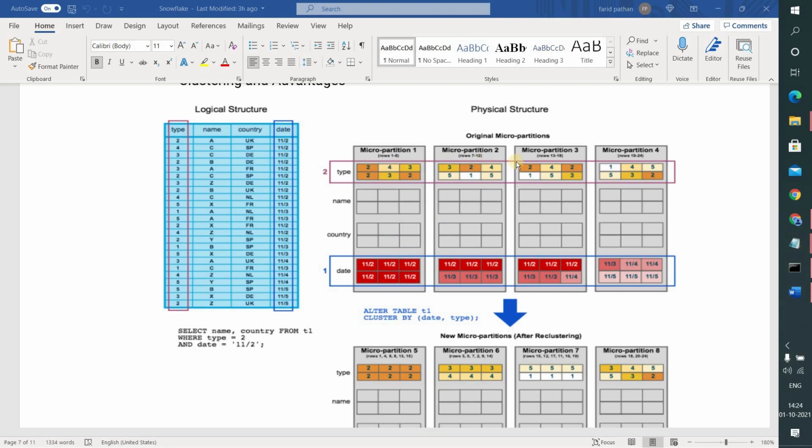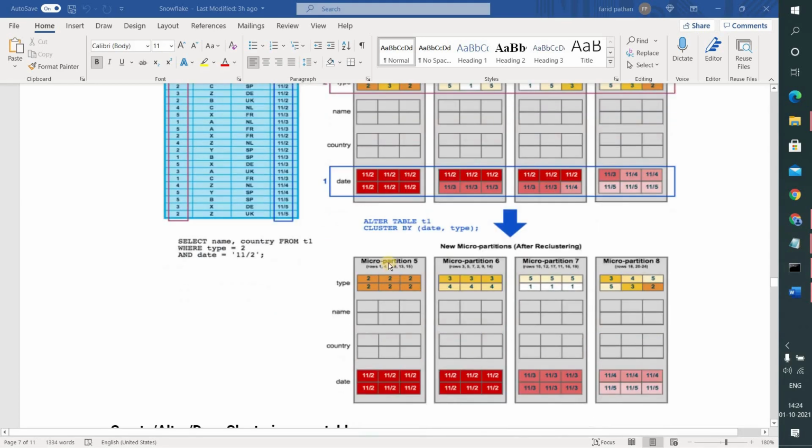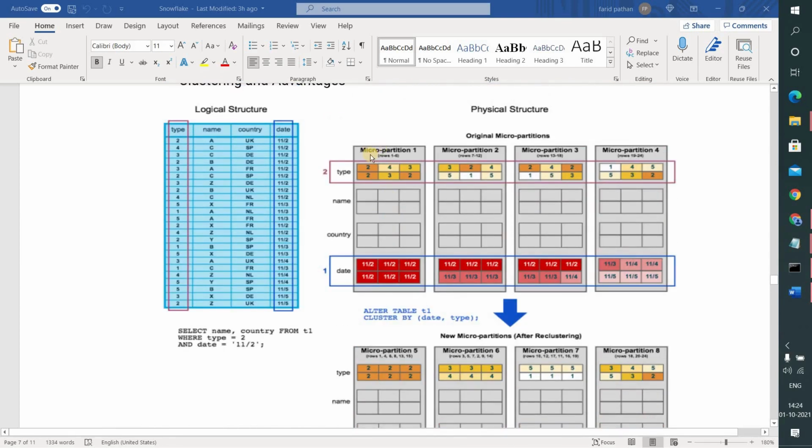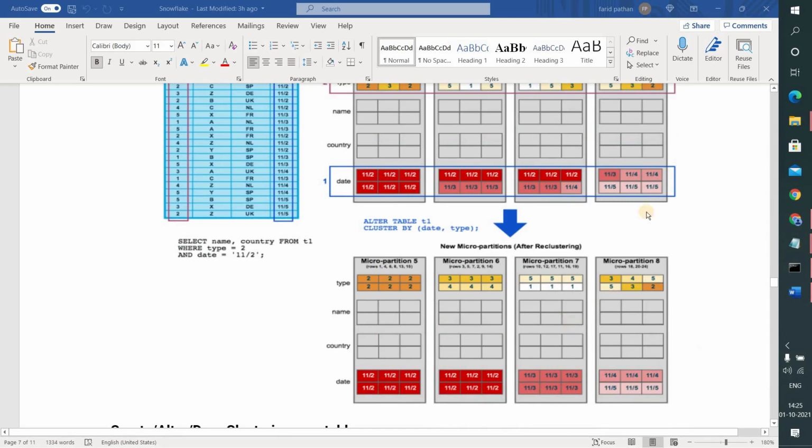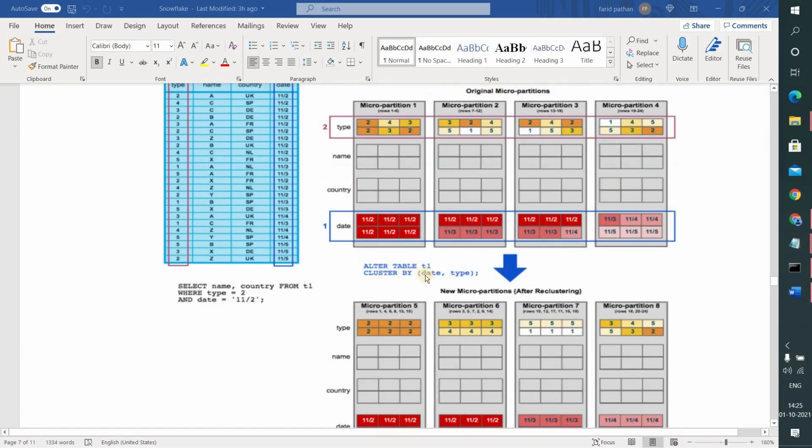It sorts the data based on date and type, and then the sorted data is arranged in micro partitions. If you observe clearly here, we have 4 micro partitions used to store the actual data. When it is doing the clustering, it uses new micro partitions altogether. Once the clustering is done, the old micro partitions will be deleted.